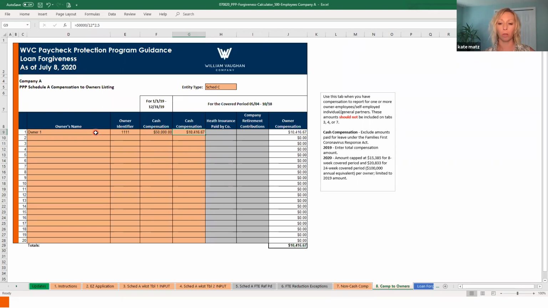So we'll see when we go through and look at the other example, the LLC tax partnership, that there's a different way of thinking about it. So what I'm describing now is specific to Schedule C folks. All right, so that's it. We've filled out now everything that we need to on these peach or salmon colored input tabs. Now let's flip over to